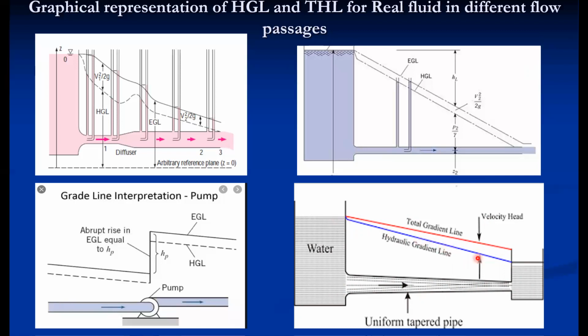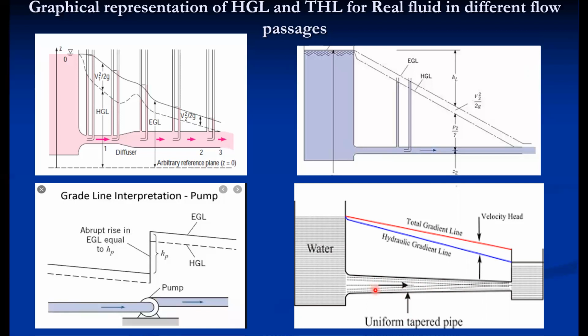At the same time, the hydraulic gradient line continuously decreases. Again, that is because of the losses. Actually, this is your total head line. So this much losses are there, and those losses are generally reflected in hydraulic pressures. That's why even for a horizontal, sorry, uniform diameter pipe, there is always a drop in hydraulic gradient. That drop is because some pressure energy is consumed to overcome the frictional head. And here it overcomes both the frictional as well as the kinetic head, because there is a change in velocity as well. Losses are mainly due to friction or change in velocity.